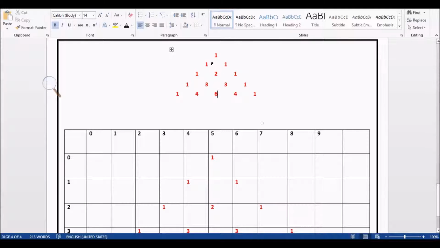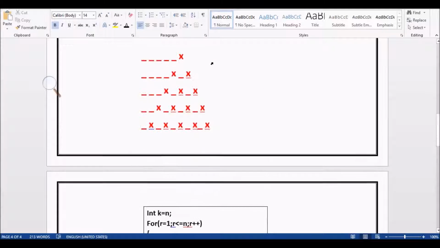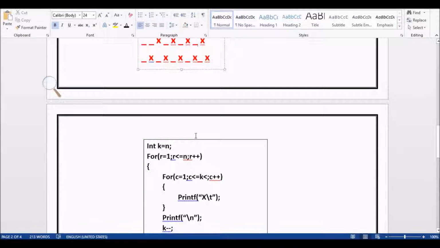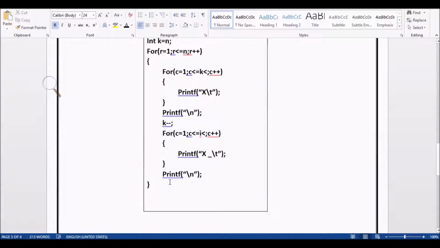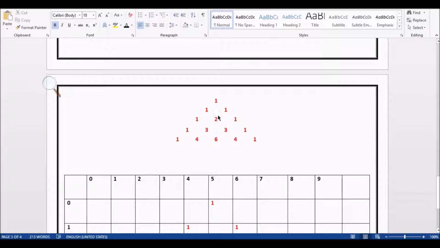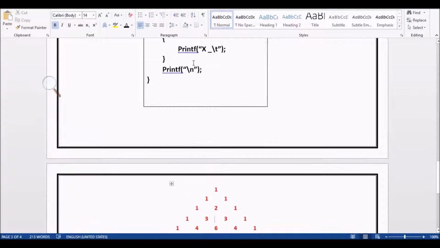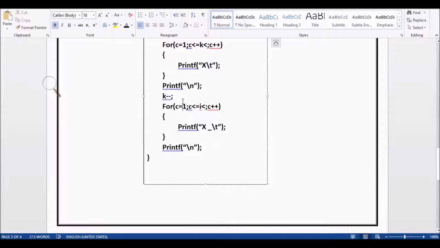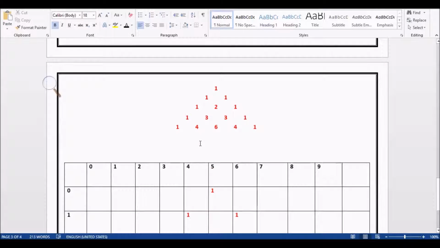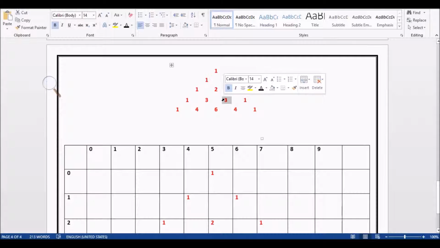So this is a pattern, a pyramid pattern, as I have said previously. The logic for it is this one, but it is not the same logic we are going to use for this. We are just changing 3 to 4 statements, adding 3 to 4 statements to print these values within that pattern.